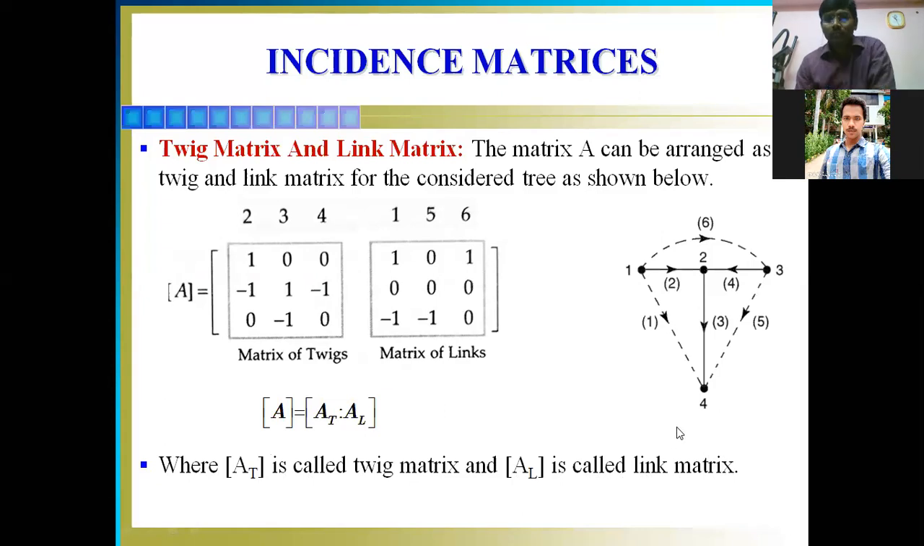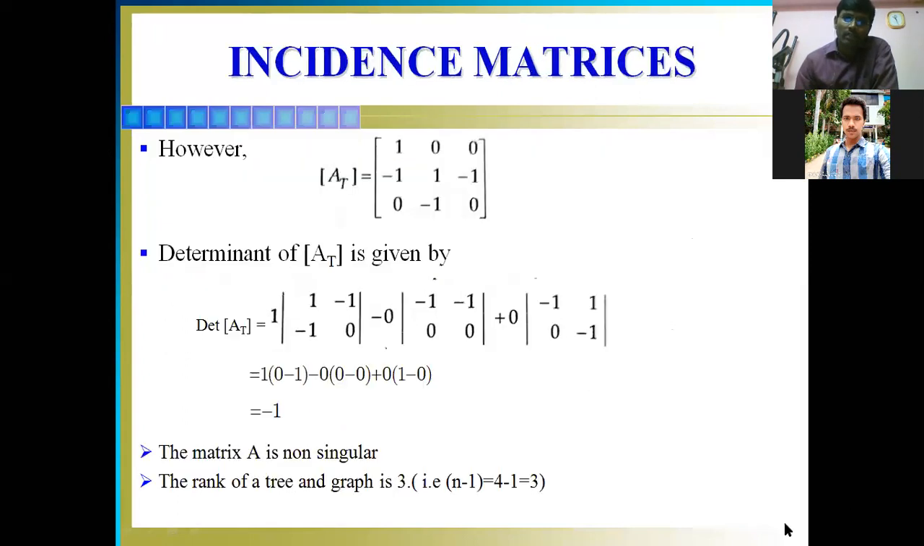Okay. Then from this, here this is equal to AT, this is equal to AL. This is equal to AT and this is equal to AL. So you can calculate the characteristics of this matrix simply by calculating the determinant of it. Determinant of, suppose, AT. So if we calculate the determinant of AT